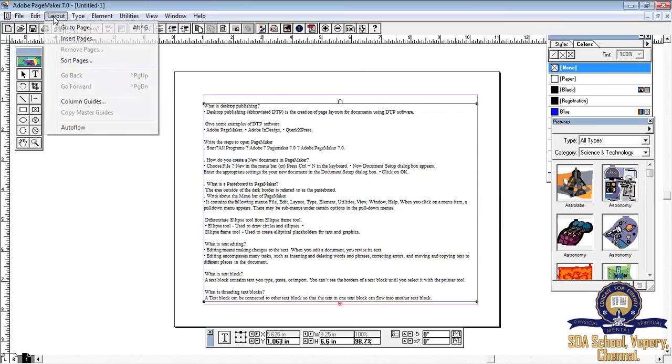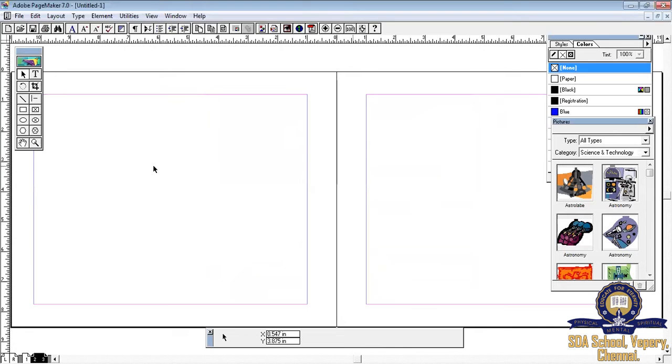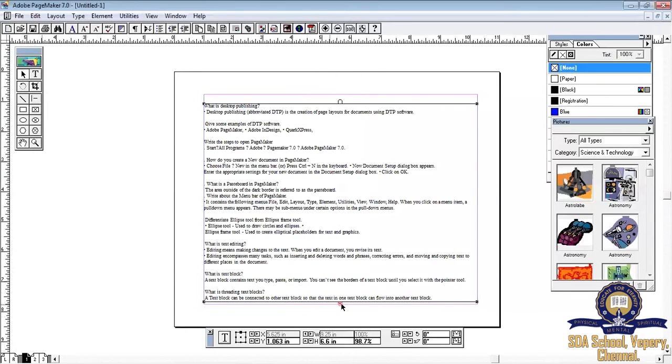Go to the Layout menu, choose the option Insert Pages. By default, we can create 2 pages. Just give insert. 2 more pages are created. Right? Go back to your first page. Click this inverted red triangle once. It changes to a loaded text icon.